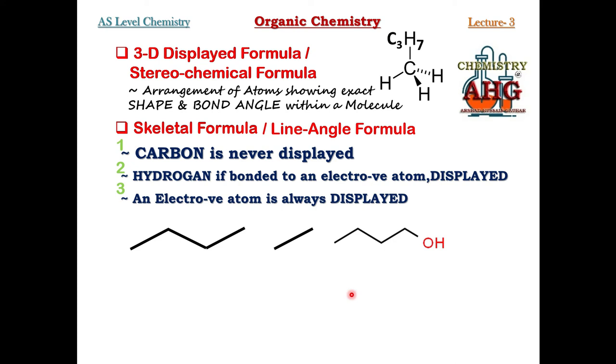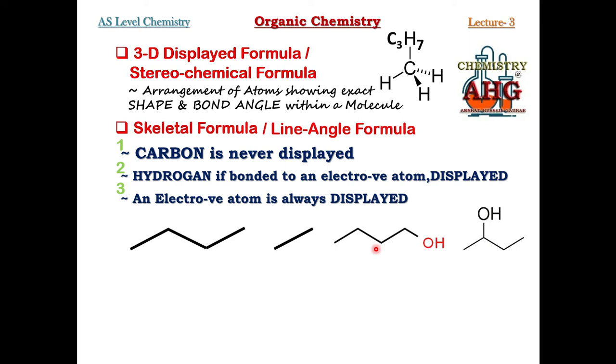But if ever you want to displace the hydroxyl OH, the functional group of alcohol, if you want to bring it onto some other carbon, what will happen to the skeletal formula? You can write down the skeletal formula for butanol again like this. Now this is 1-butanol, this is 1 2 3 4, this is 2-butanol. Why? Because from carbon number 1 the OH has been shifted to carbon number 2. So this is the skeletal formula of 2-butanol, this is the skeletal formula of 1-butanol.